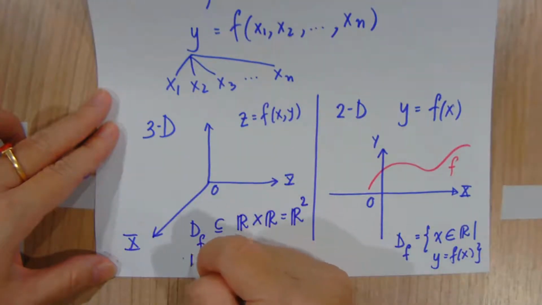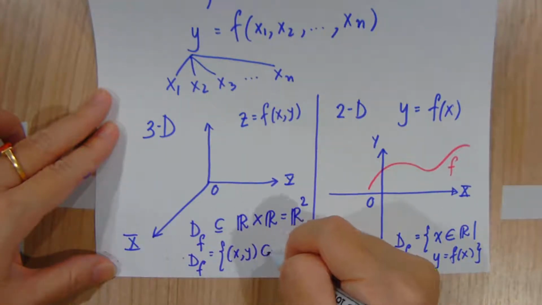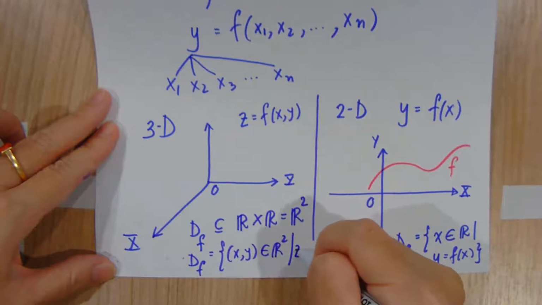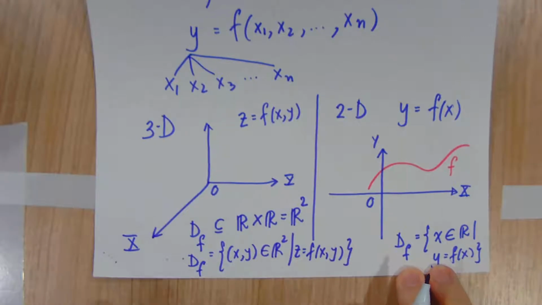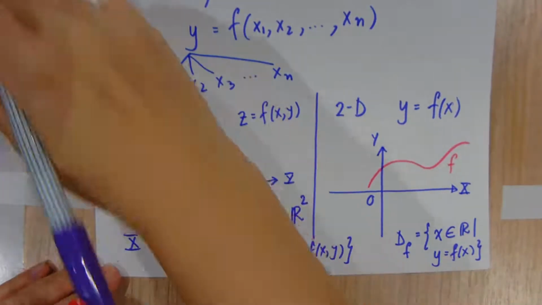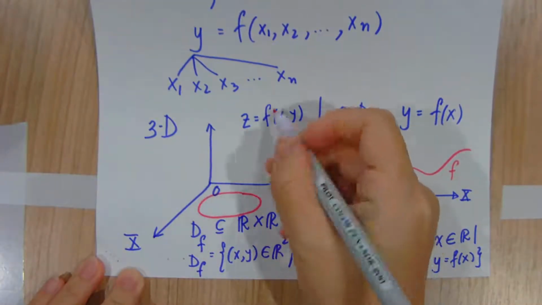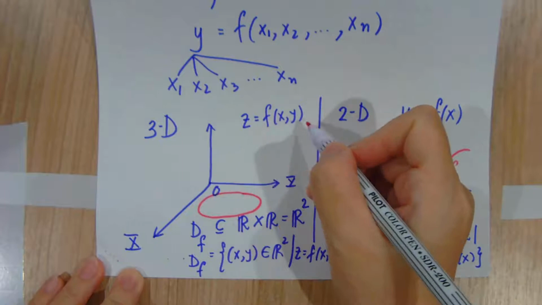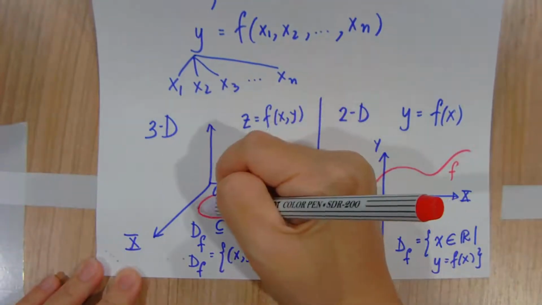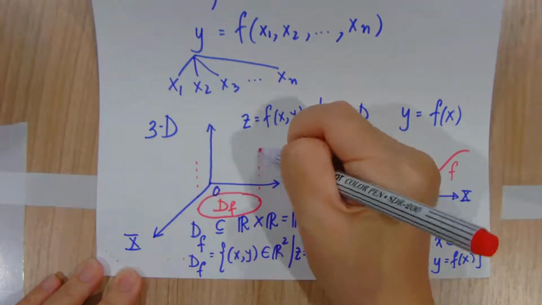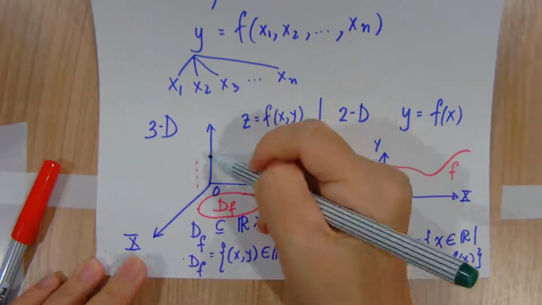So if we write that, the domain of the function is the set of points (x, y) in R square for which c equals f(x, y). So the domain is also on the xy plane. So this is the domain of the function f of double variables. And then we will plot a graph of the range. So it could be like, for example,